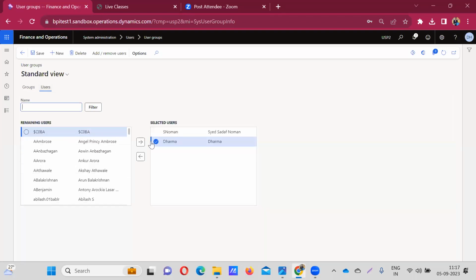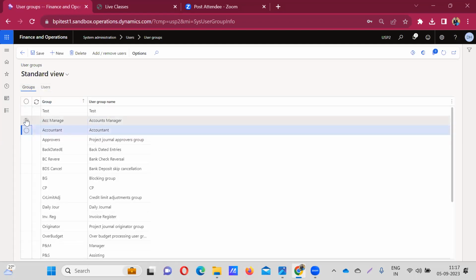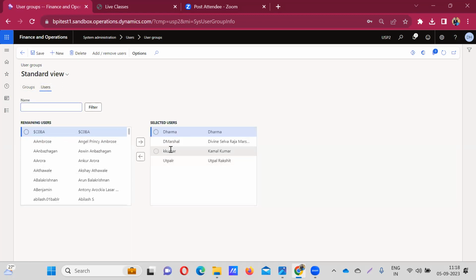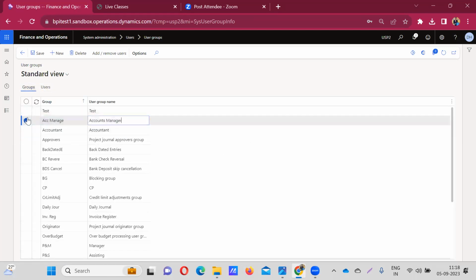I am clicking on the users. Here you can see my name is showing. And I'm going back to the group, and again I'm going back to the accounts manager. I'm clicking on the users. Here you can see my name is there. Okay, I am going back to the group, and again we can go to the